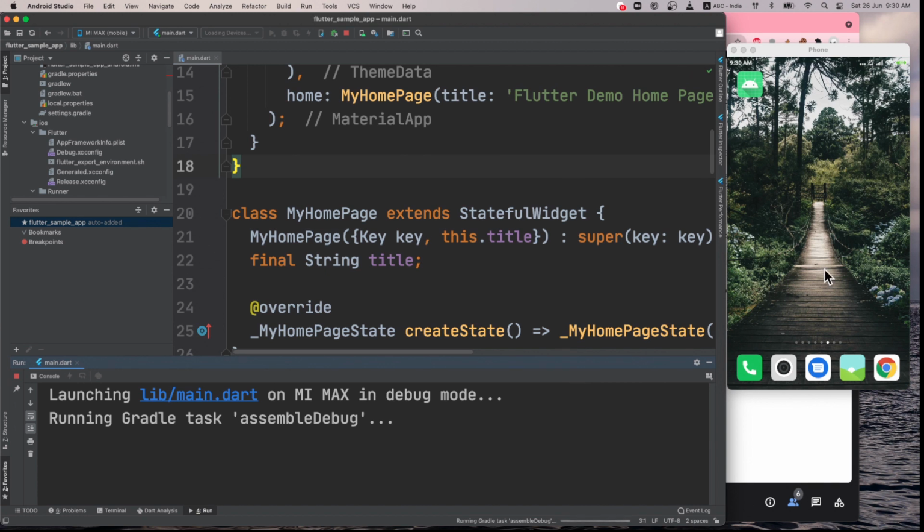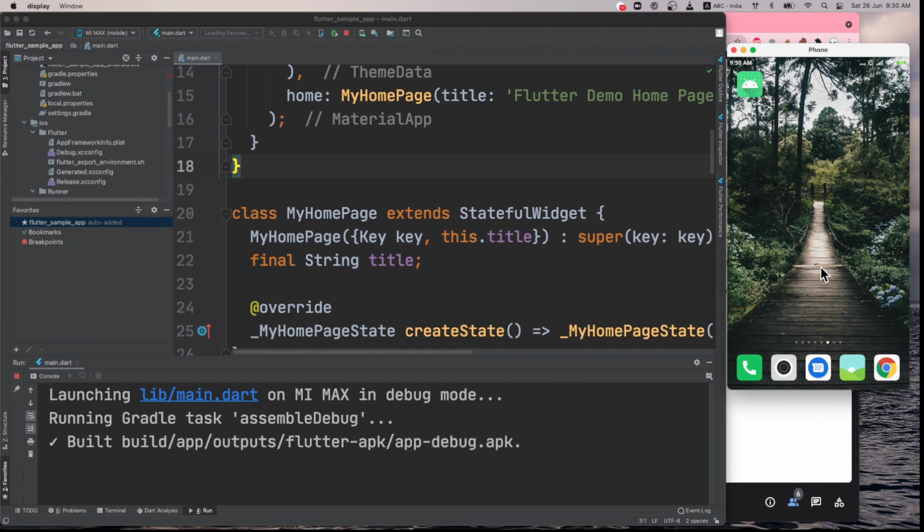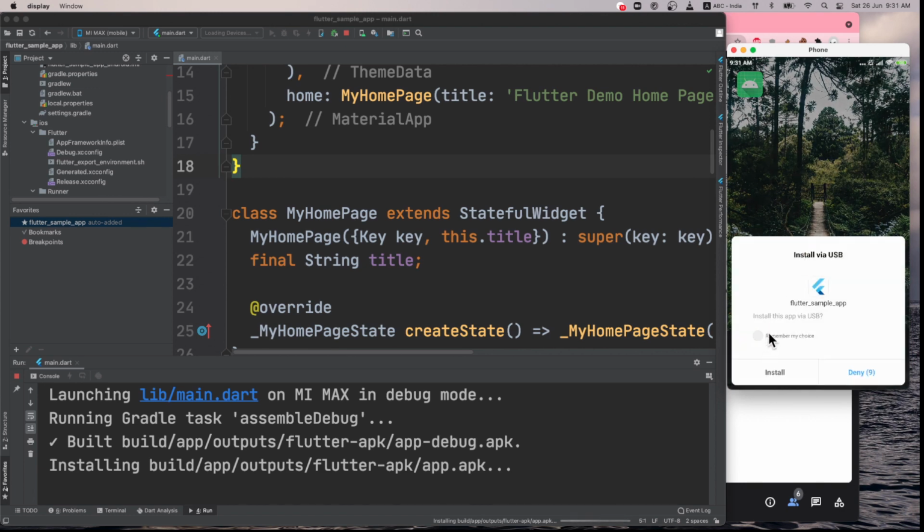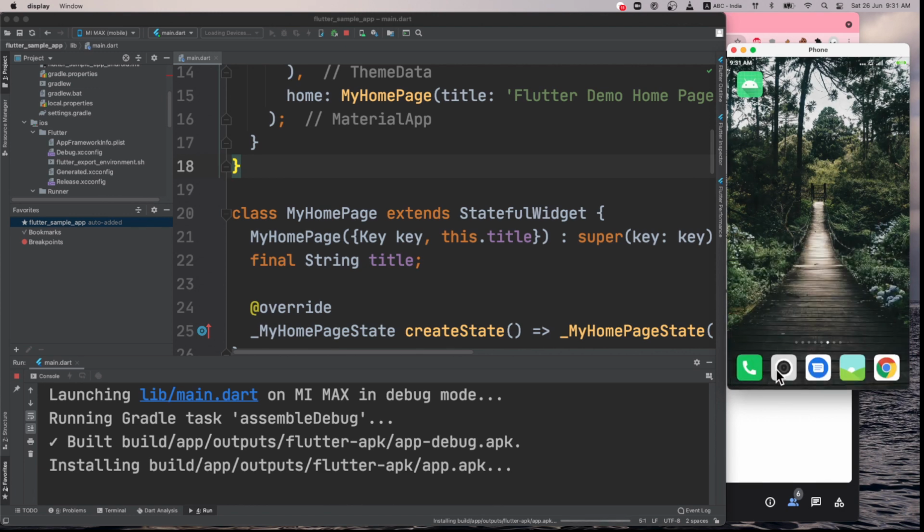Okay, so I have this Android phone, and I am using a tool that can export my phone screen onto the desktop. There are different tools. For example, there is a tool called Vysor, VYSOR. Or you can use TeamViewer, which can export from your mobile to your desktop. So it's nothing more than a remote control for your Android phone.